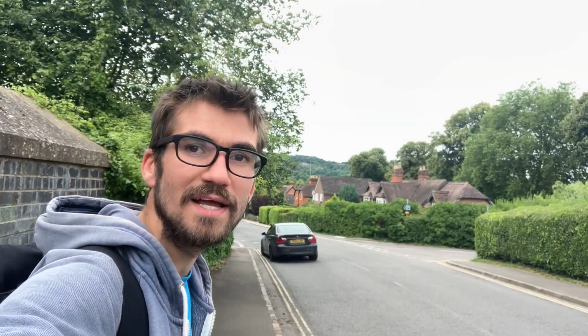Welcome guys, welcome to part 2 of doing the Ridgeway this way from Goring. This is the railway bridge, which you wouldn't recognise from the last video because I forgot to film the last 3 hours of it. But this time, we are now going this way, into the town, and all the way to the historic site